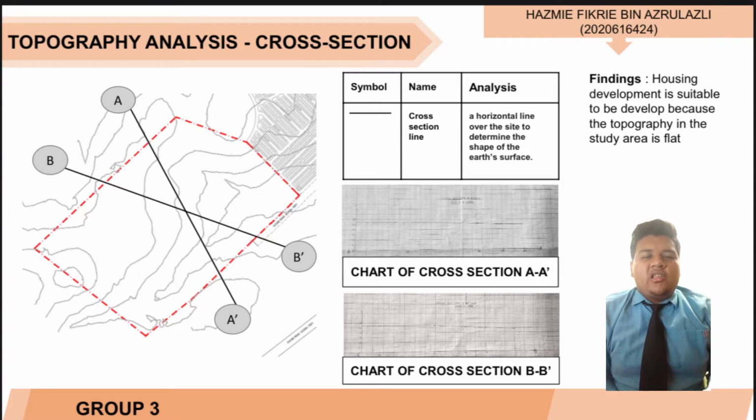Cross-section. A cross-section is a horizontal line over the site area to study the topography of the study area. The finding for this analysis is that housing development is suitable to be developed because the topography in the study area is